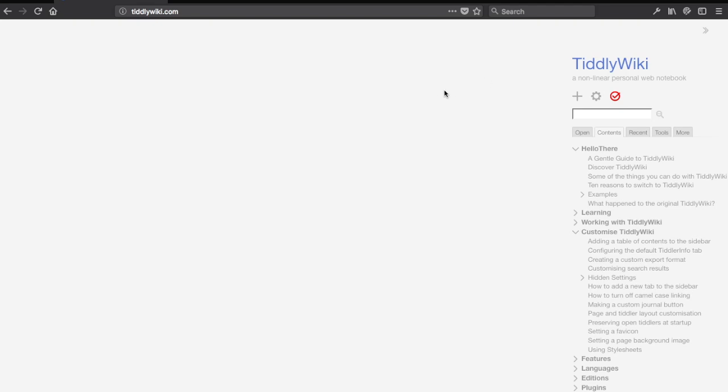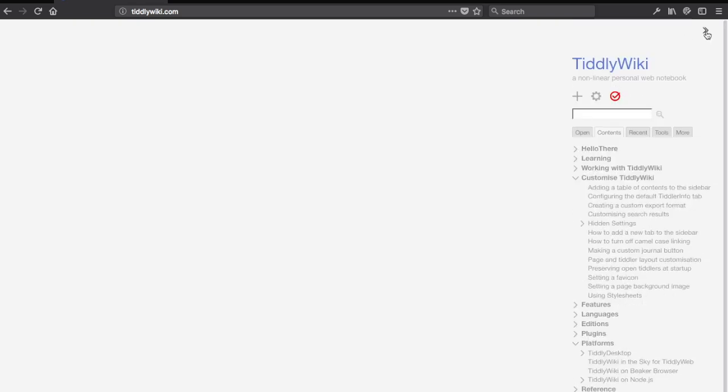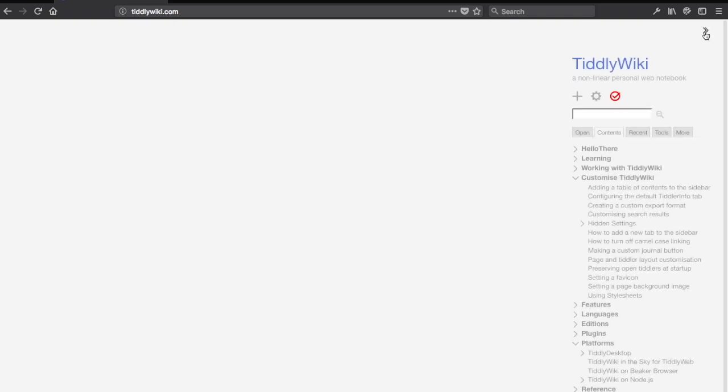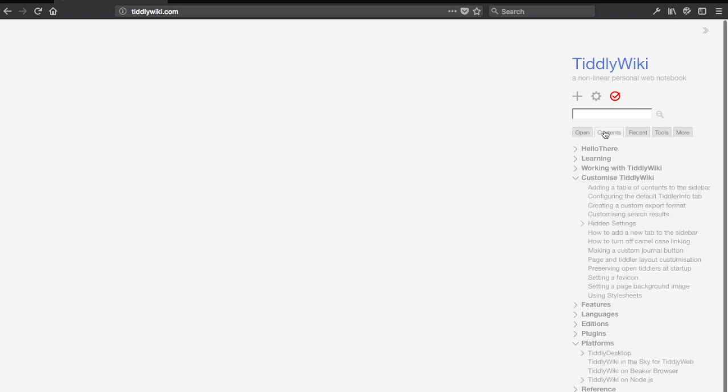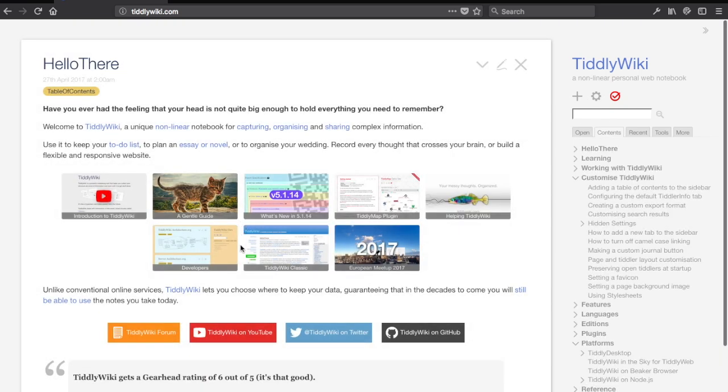The screen of TiddlyWiki is divided into two parts. Over on the right-hand side is the sidebar, which you can open and close using the chevrons at the top. So you can actually close everything in TiddlyWiki. I don't know why you'd want to, but you can. You pull the sidebar back out and click on anything that looks like a link, and we'll get